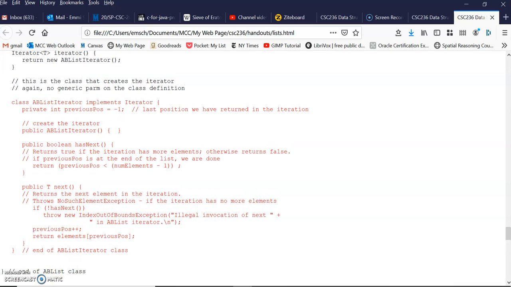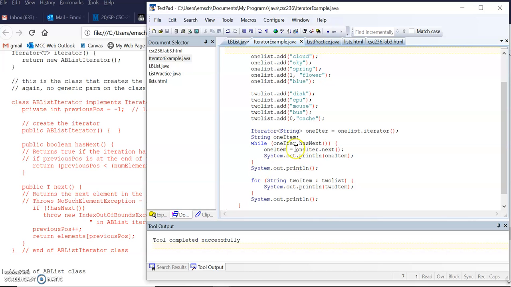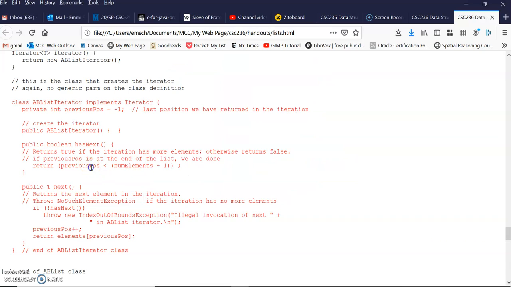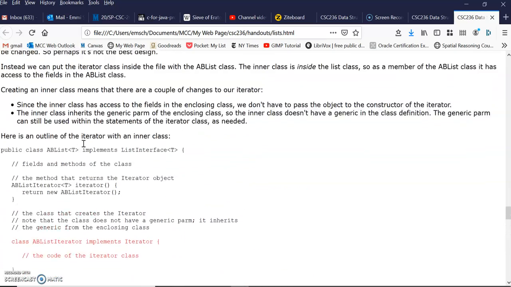Okay. The way that we use the iterator, as in the example that I showed you, is exactly the same, whether it's an inner class or not. Because to use the iterator, we call the iterator method for that list. And that iterator method is going to create the iterator appropriately. If it's an inner class, it will create it like this. And if it's a separate class,